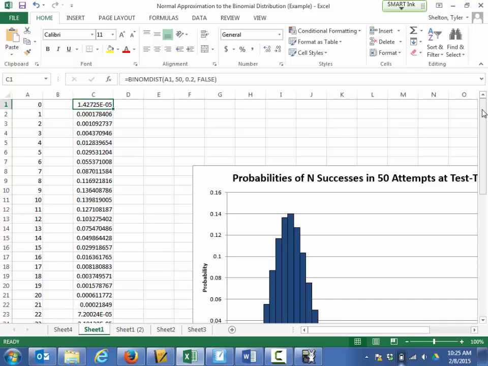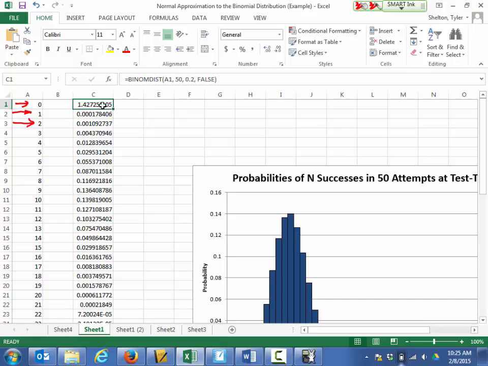Well, for each row, what I did, as I said, okay, row 1, that'll be where out of 50 trials in all, I had 0 successes. Row 2 will be where I had 1 success out of 50 trials. Row 3 will be where I had 2 successes out of 50 trials. So we have 50 trials, and the way I've set this up,